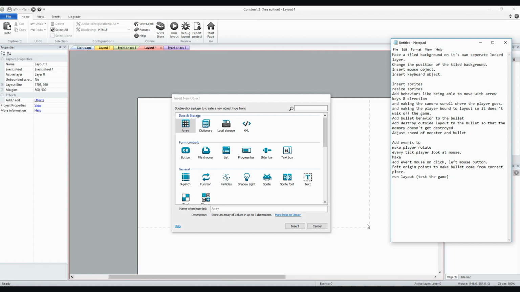making the player bound to the layout so it doesn't walk off the game, adding a bullet behavior to the bullet, adding destroy outside the layout to the bullet so that the memory doesn't get destroyed, adjusting the speed of the monsters and the bullet, adding events to make the player rotate every tick, and also so that it looks at the mouse,